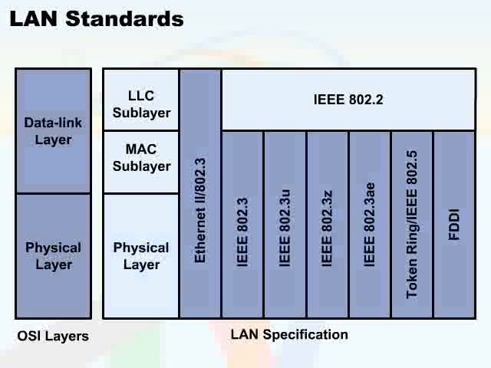You'll notice that the data link layer is actually separated into two separate components for the purposes of Ethernet. We see a MAC sublayer, which provides transitions down to the physical layer, and we see logical link control, or the LLC sublayer, which provides transitions up to the next layer in line, which would be layer 3 or the network layer. One of the standards that provides logical link control, or LLC, is what is known as IEEE